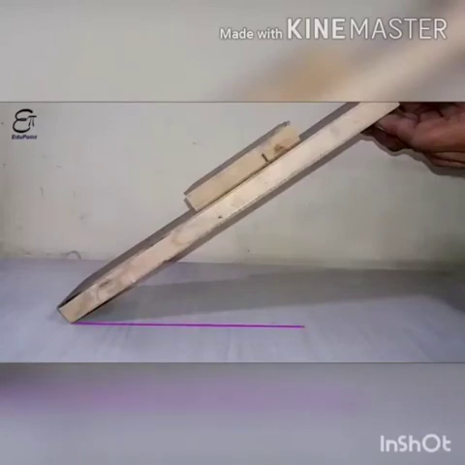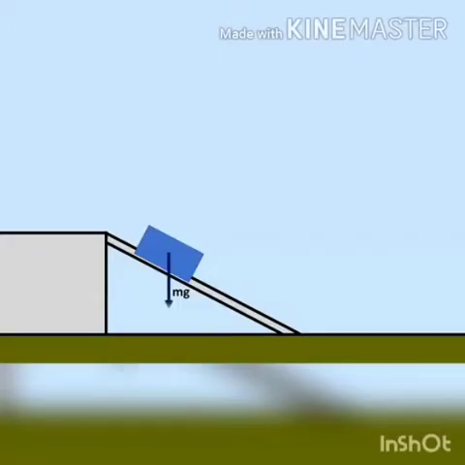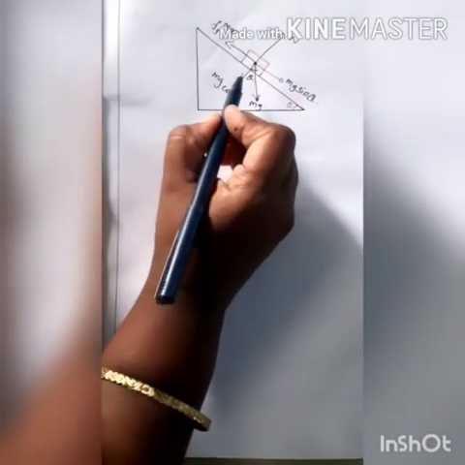Hence, the angle of repose is the angle of the inclined plane with the horizontal such that an object placed on it begins to slide. Let us consider the various forces in action here. The gravitational force mg is resolved into two components: one parallel, mg sin theta, and a perpendicular component, mg cos theta, to the inclined plane.